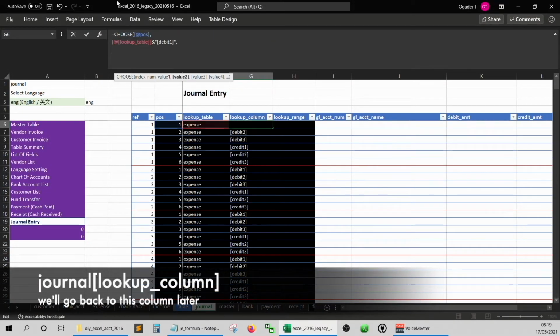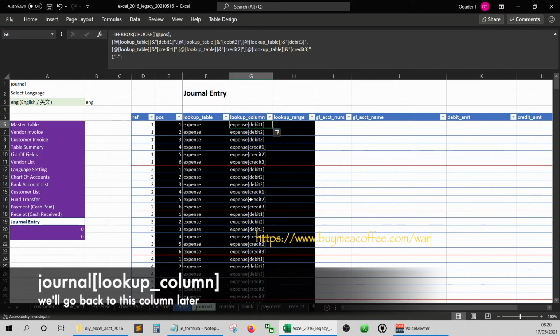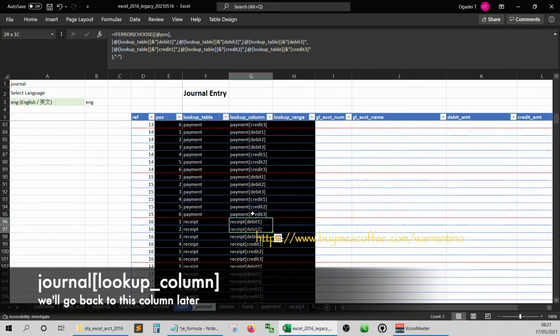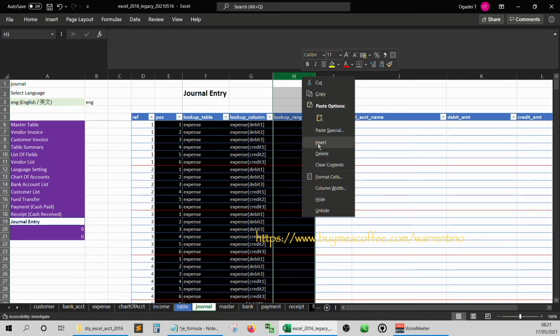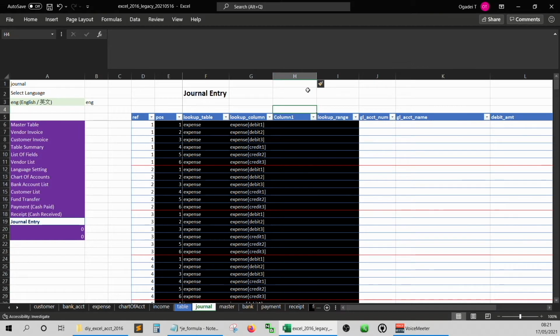Here I rearrange the lookup column, but I realized that I also made a mistake in this correction. So let me jump to the lookup debit amount and lookup credit amount columns.